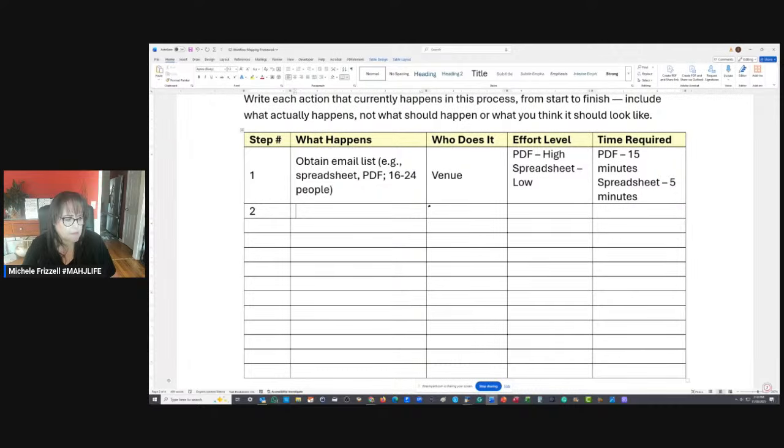Typically copy and paste a list of addresses to Word, then copy and paste addresses into BCC of each email. Copy and paste the list of addresses to Word, then copy and paste addresses into BCC of each email. Okay. So you go from the spreadsheet. So why does Word come into play? Word, and then you,